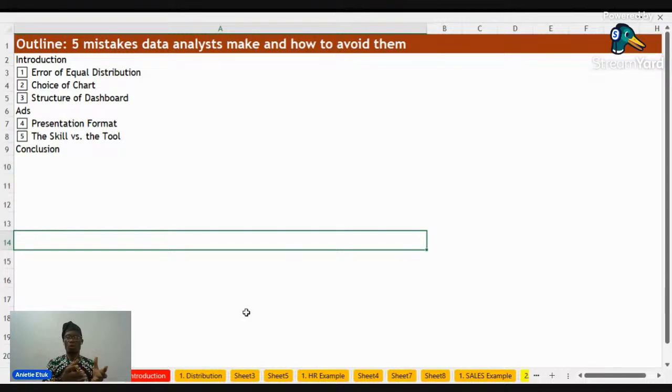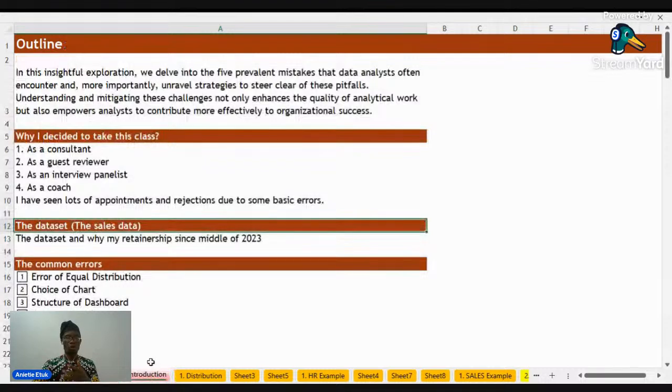Then number 4, we'll look at how to do presentation. You have finished your analysis and you want to present to a business executive or a board. How do you format the presentation? Then number 5, we'll look at the issue of focusing on skill, not the tool. Okay, so with that in mind, let's start.